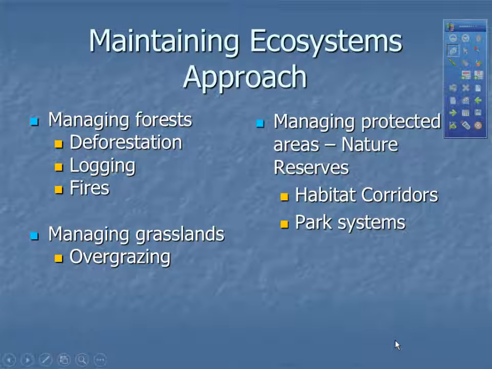All right, so we're going to start talking about managing ecosystems. This is kind of tying it all together. A lot of this is terrestrial. There's some of the aquatic ecology thrown in as well, but this is really an overarching theme. How do we look at protected areas? How do we look at managing these areas, and what's the human impact on all of these areas? So these are the topics we're talking about in this video.